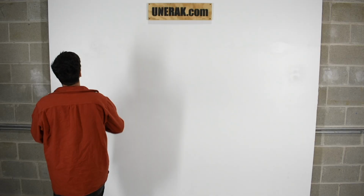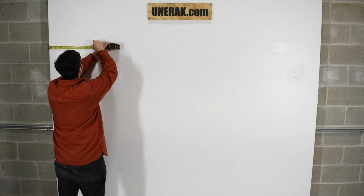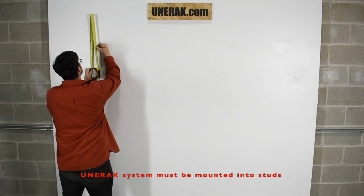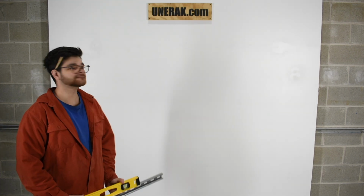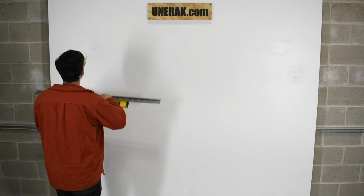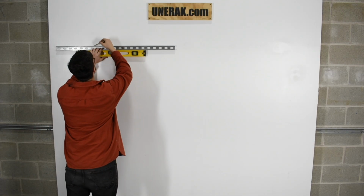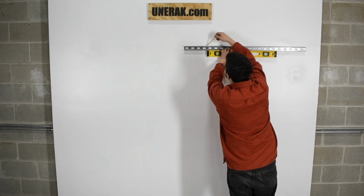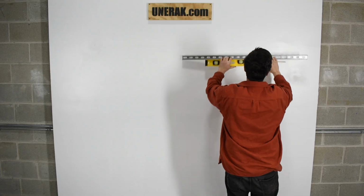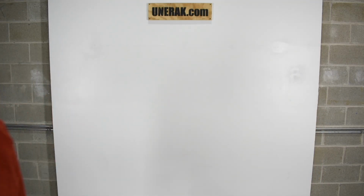Your first step here is to find your studs. Now, I know that my studs are 16 inches on center. I will mark it and measure from the floor up to that point where on the wall I would like my UNERAK to hang. So now that your first stud is marked at the correct height, I'm going to take a piece of the strut channel from the box and a level and carry that line across each of the